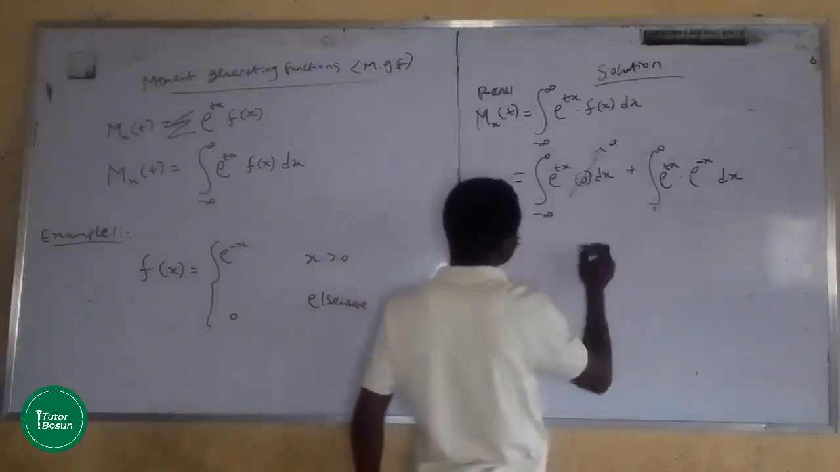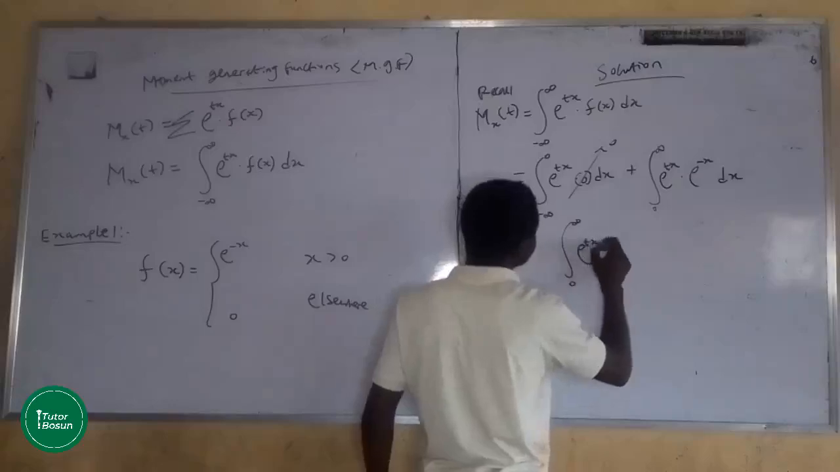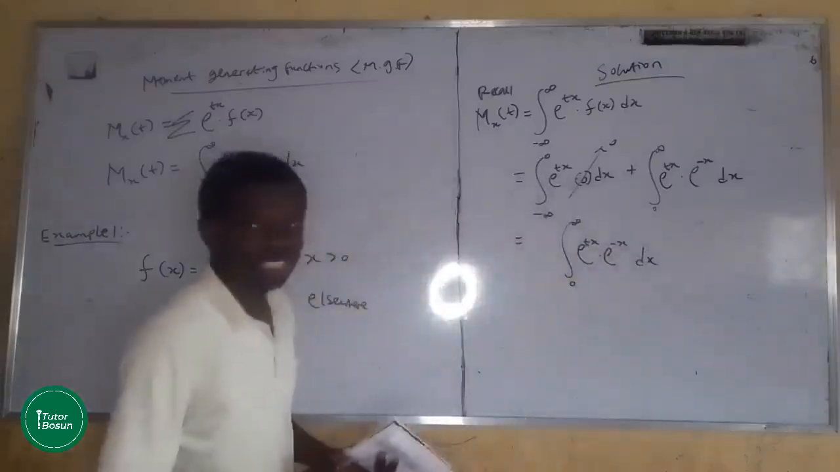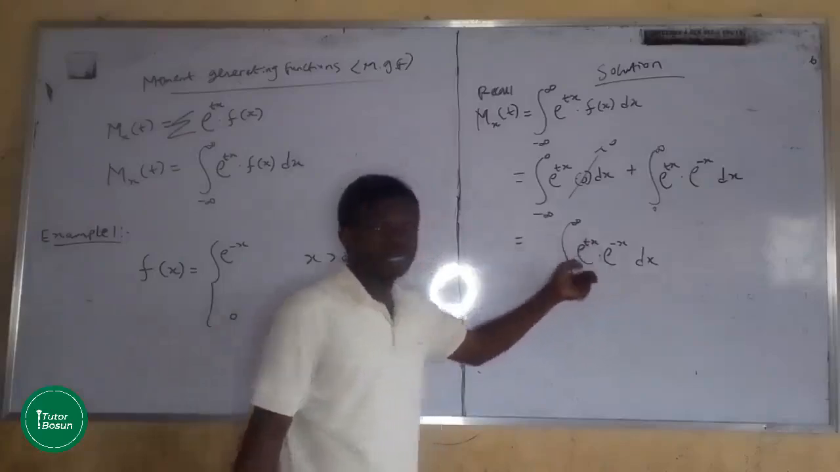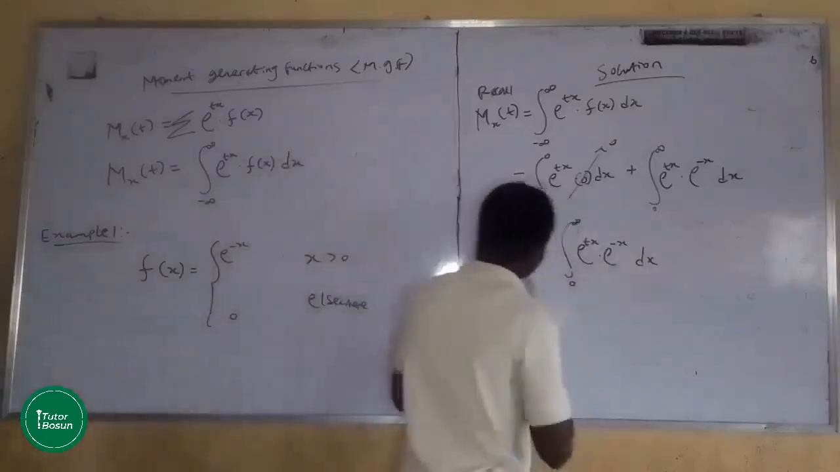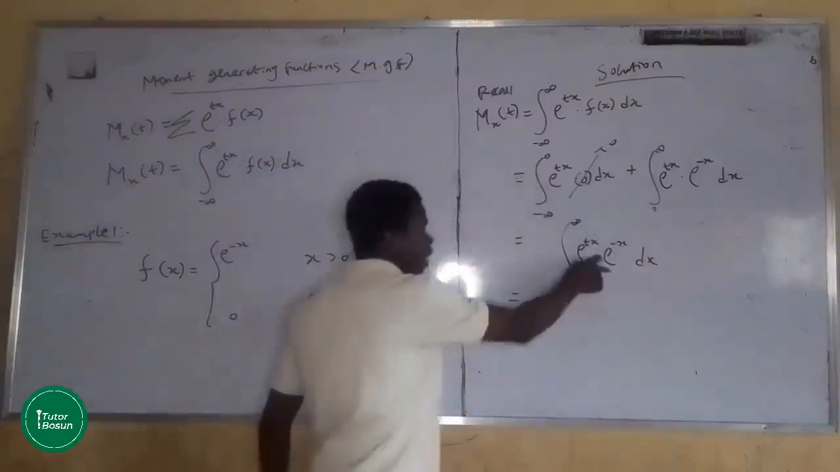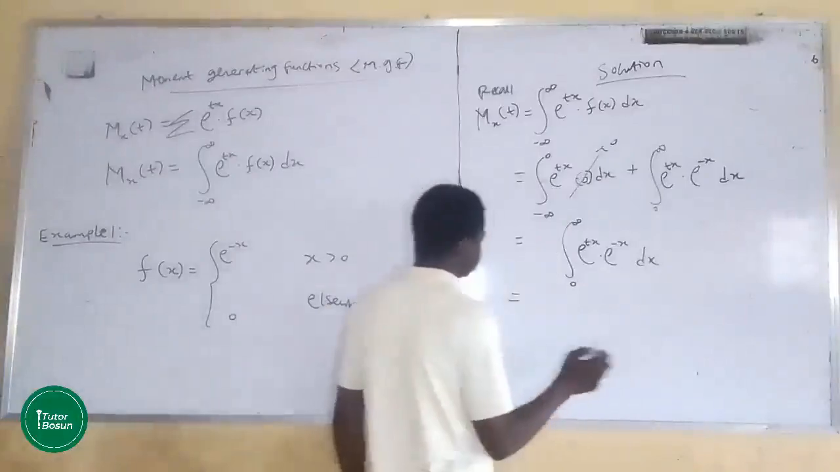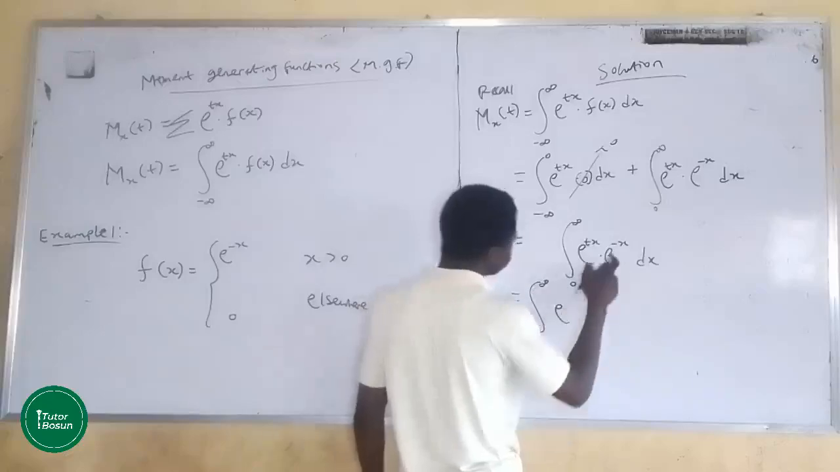Here we have the integral from 0 to infinity of exponential tx multiplied by exponential minus x dx. As you can see, we can apply our law of indices because we have two exponentials with a common base. The sign between them is multiplication, so you'll be adding their indices. So here we have the integral from 0 to infinity of